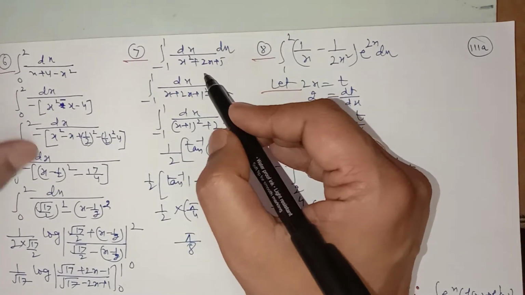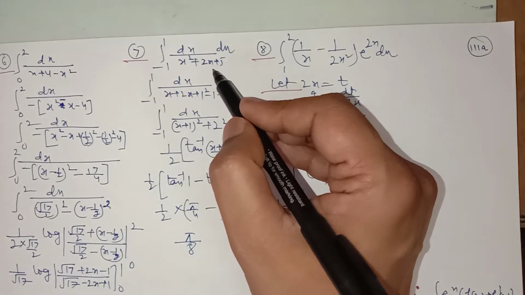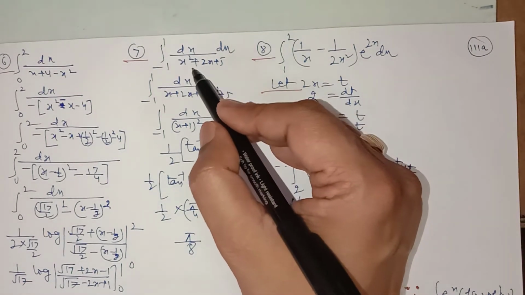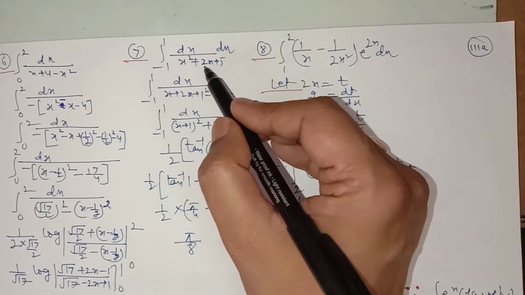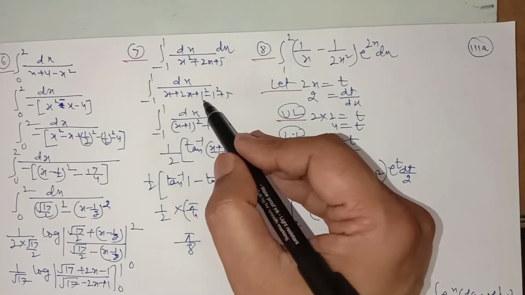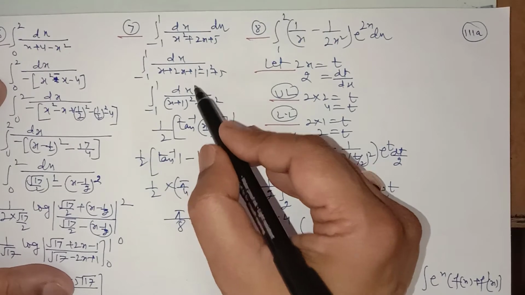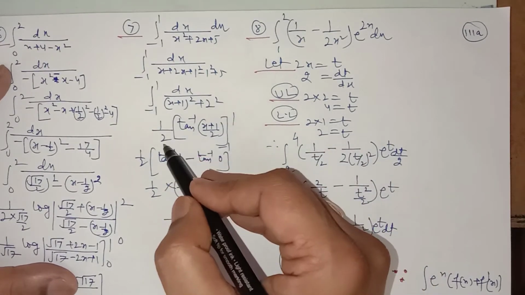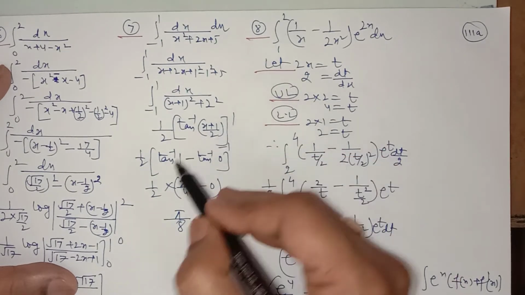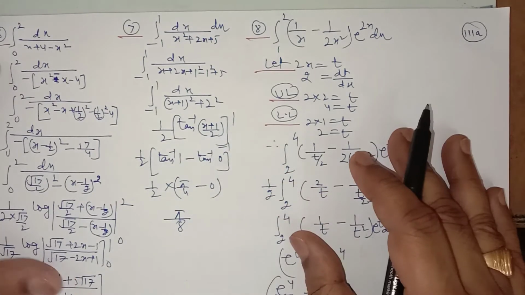Question number 7 is also the same. You have to again integrate by making a perfect square. So again the same method is there. The coefficient of x here is 2, its half is 1. So adding and subtracting the square of 1, it is a whole square of x plus 1 in the first 3 terms, and it is minus 1 plus 5 is equal to 4, which is 2 square. So it is coming out to a special integral of 1 upon x square plus a square, which is equal to 1 upon a tan inverse x upon a. Upper limit minus lower limit: replace x by 1 in the upper limit, replace x by minus 1 in the lower limit, which is 0. It is tan inverse 1, which is pi by 4.